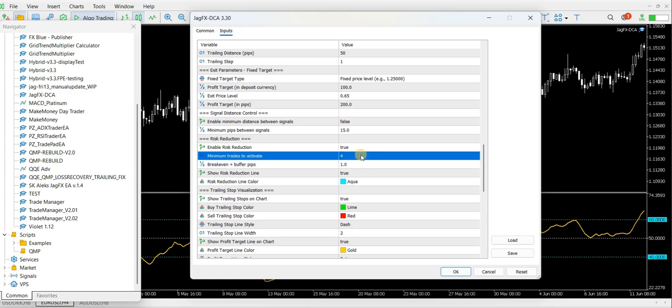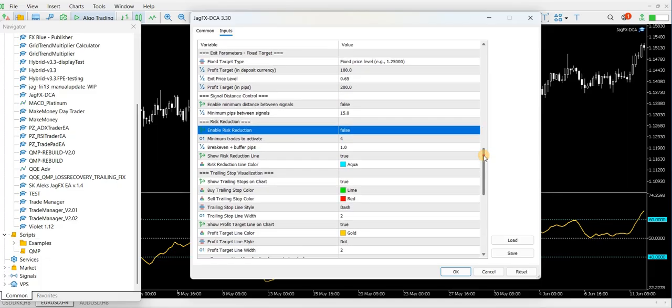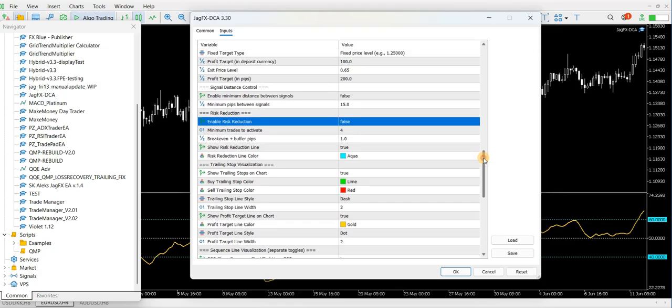Doesn't matter, whatever. And you can nominate as many trades as you want, or you can just put false there if it's not something that you want to use. So that's it. They're two more risk reductions, or ways of controlling risk. As I said, we've gone to great lengths. We know the risks involved in a dollar cost averaging type EA, and that goes hand in hand with the choice of currencies you choose and the choice of time frames you choose,